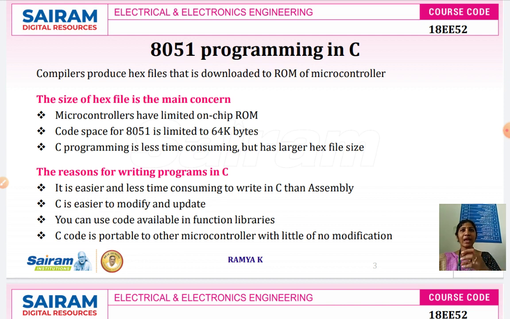Now, why do we need embedded C? In 8051 microcontroller programming, we will be interfacing hardware devices with software. For example, we will write a program for an elevator, a program to run a DC motor, and a program to run a stepper motor. Likewise, we will be interfacing hardware devices, so we have to embed the hardware into the software. Programming is done in C.